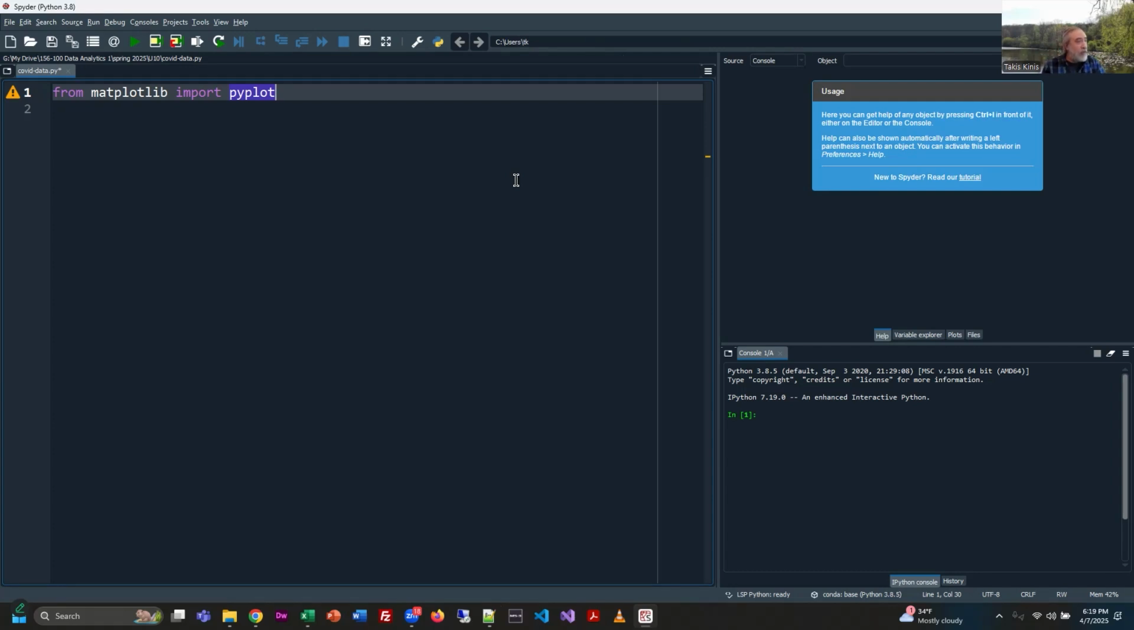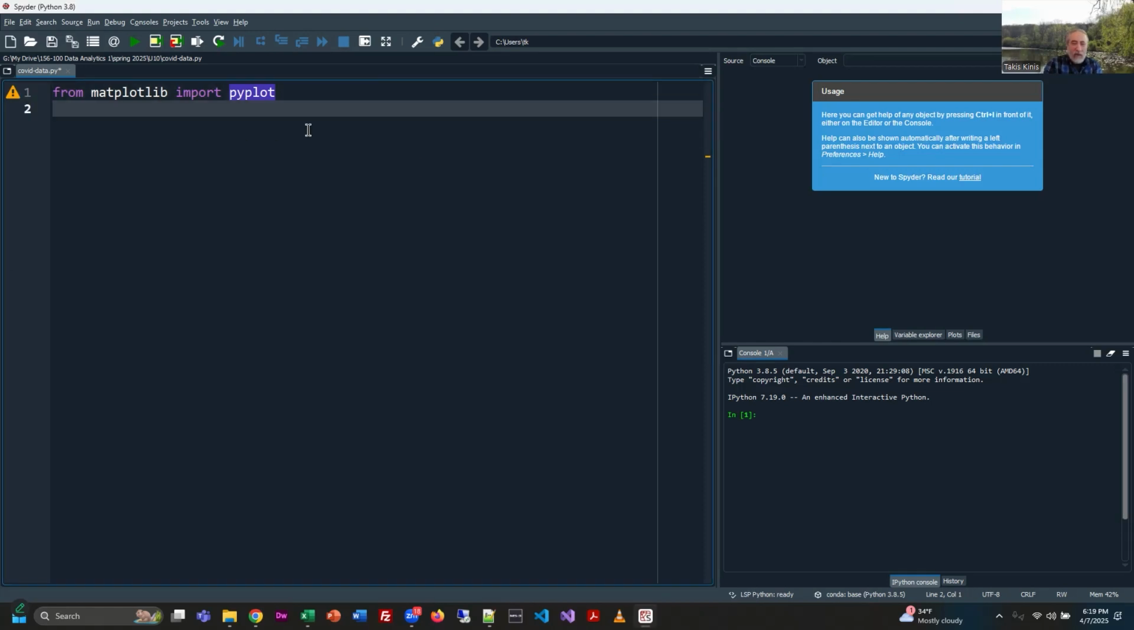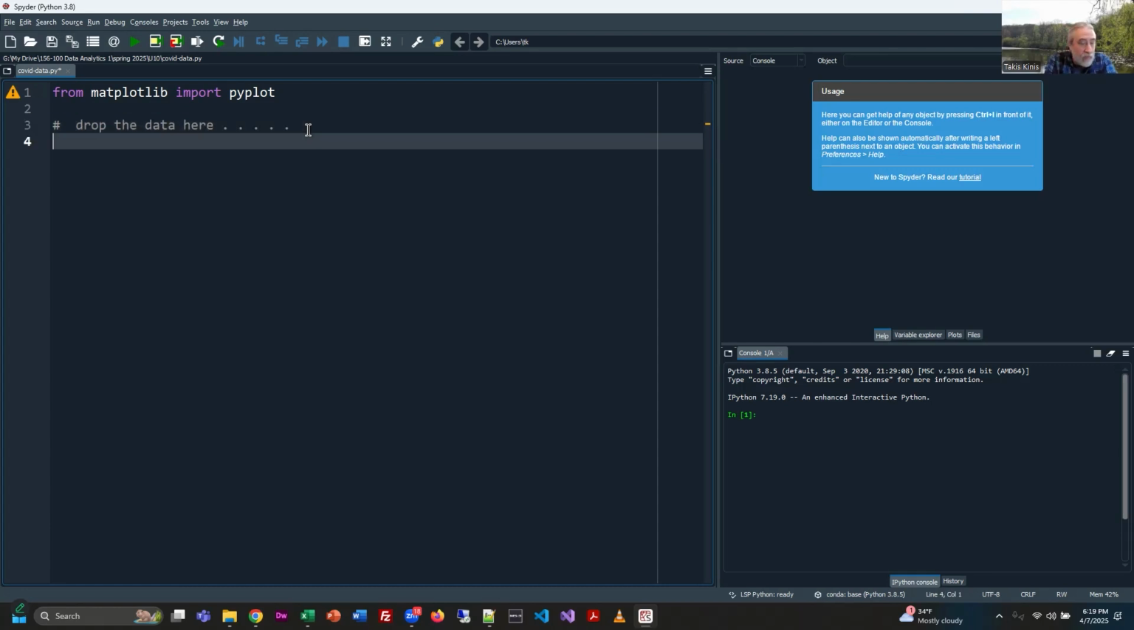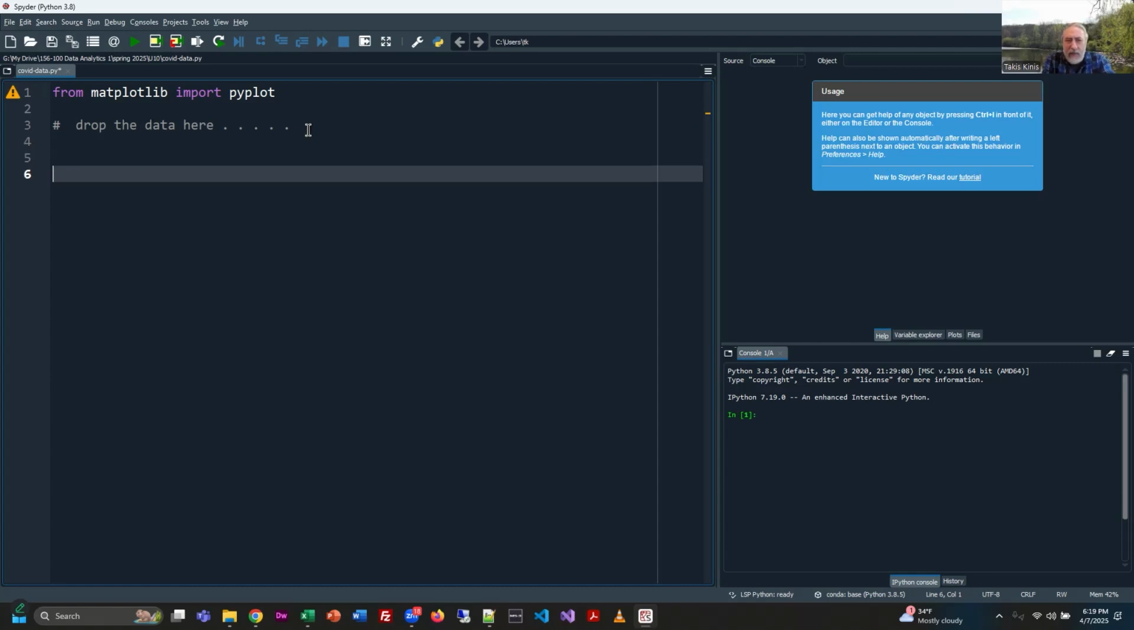And then I want to choose what data points I'm going to plot, right? So this is where it gets a little bit interesting. I'm just going to put a little comment in here for right now: drop the data here. This is just a placeholder, so I'm going to have a section here where I drop in all the data. Before I do that,